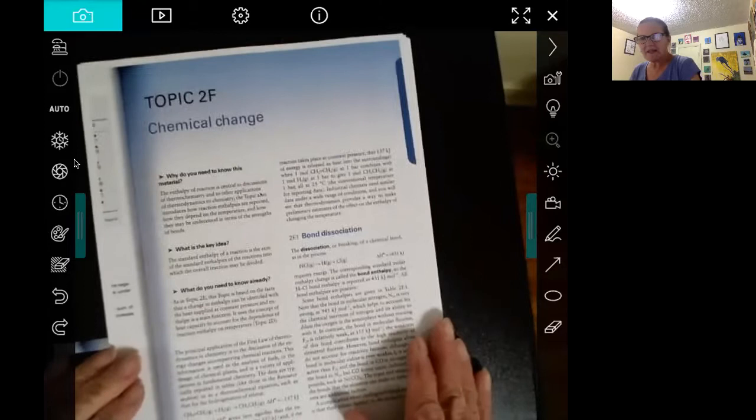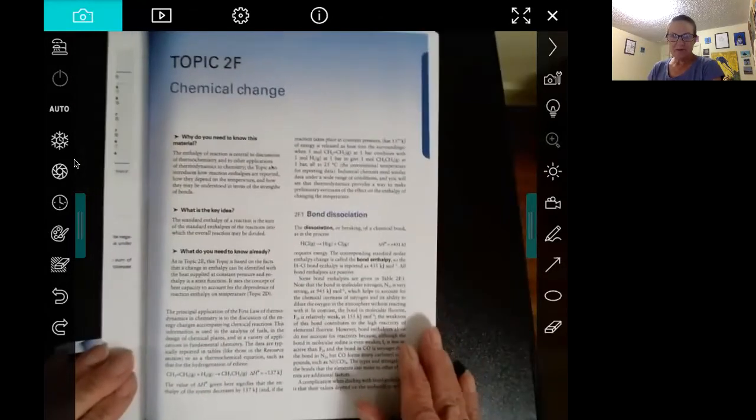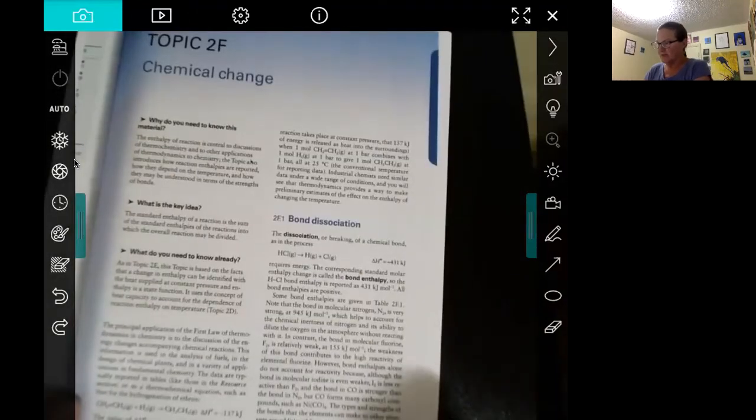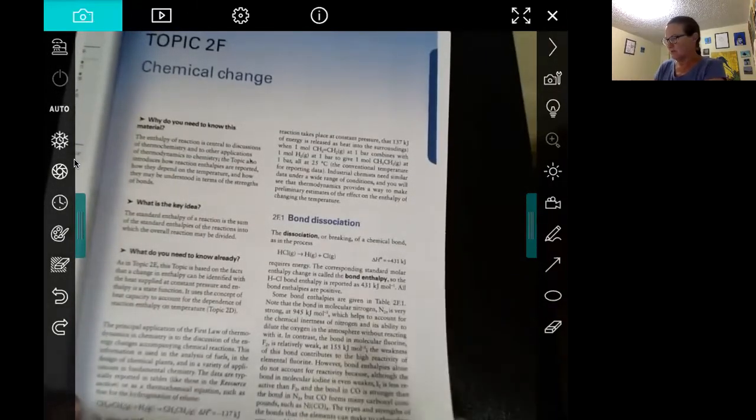Okay, so this is very, very similar to physical change, and it's very similar to things you did in Chem 107. So the plan will be,